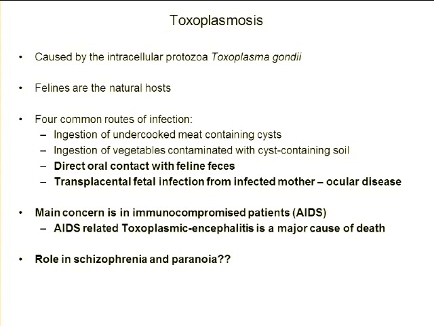And the main route of infection in immunocompetent as well as immunocompromised patients is through changing of the cat litter. And so anyone who's ever been pregnant or has ever had a kid has been told, don't change your cat litter if you're pregnant because of the risk of getting toxoplasmosis and then the risk of passing it on to the baby. Okay? So women who are pregnant should not change the cat litter for that reason. They should not eat cats, lions, tigers, things like that.